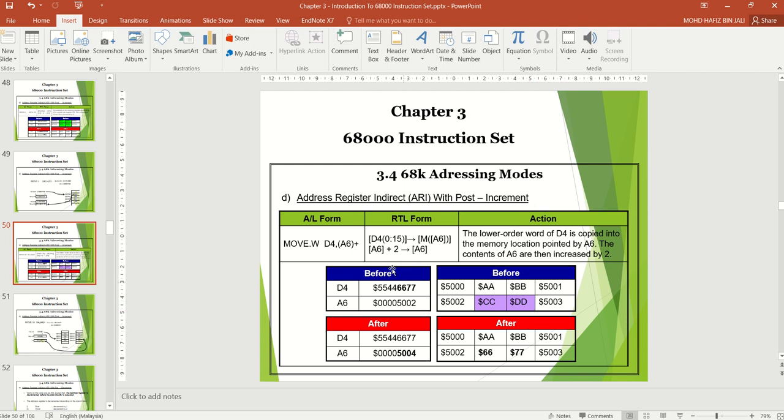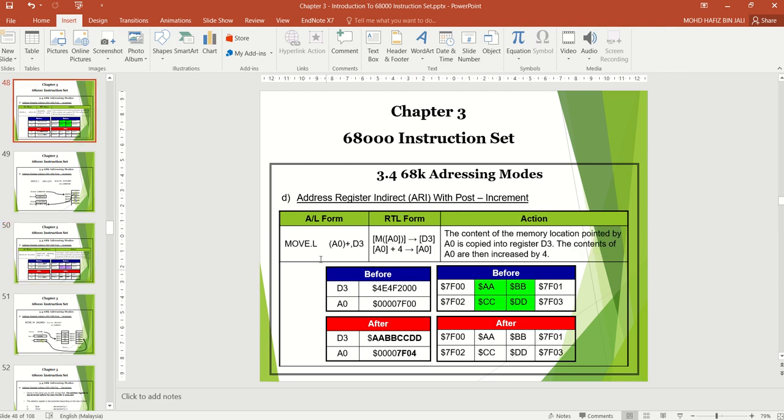So the move is from D4 to A6 plus. D4 lower order word value is 6677. So it will replace the value at memory location 5002 to 5003 with 6677. And the address register itself will increase by 2, to 5004.